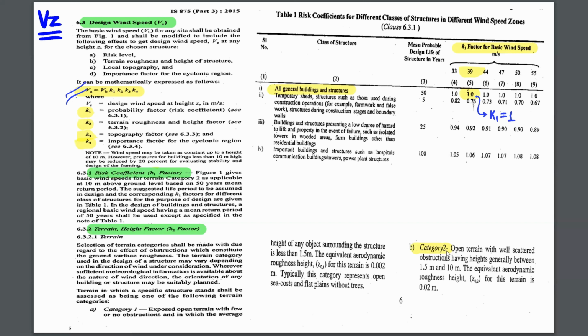Okay, so my building lies in category 2, that is open terrain with well scattered obstruction, having heights generally between 1.5 meter and 10 meter. You can search on internet also, and you will easily get the K2 factor by directly putting the city in which you are going for construction. So for category 2, the value of K2